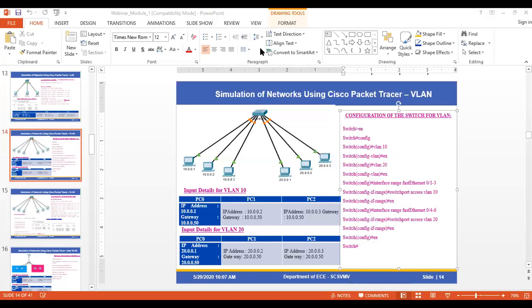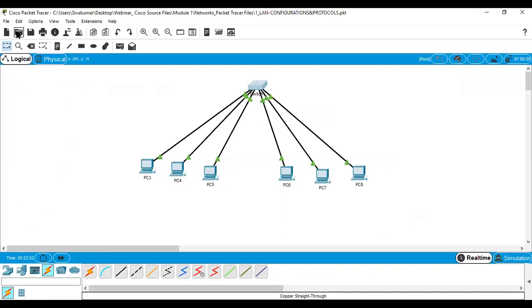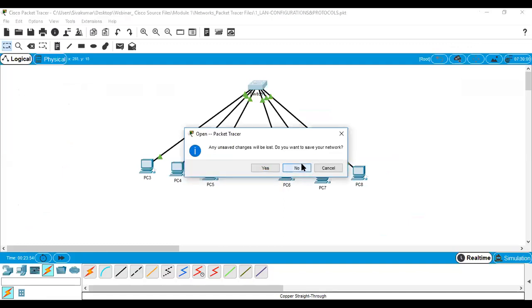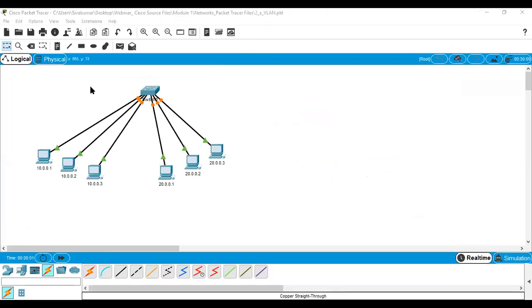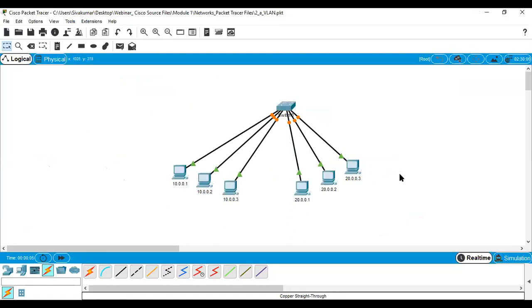I already configured this one. Here 10.0.0.1, 10.0.0.2. I configured it with CLI commands, in this manner as VLAN 10 and VLAN 20.